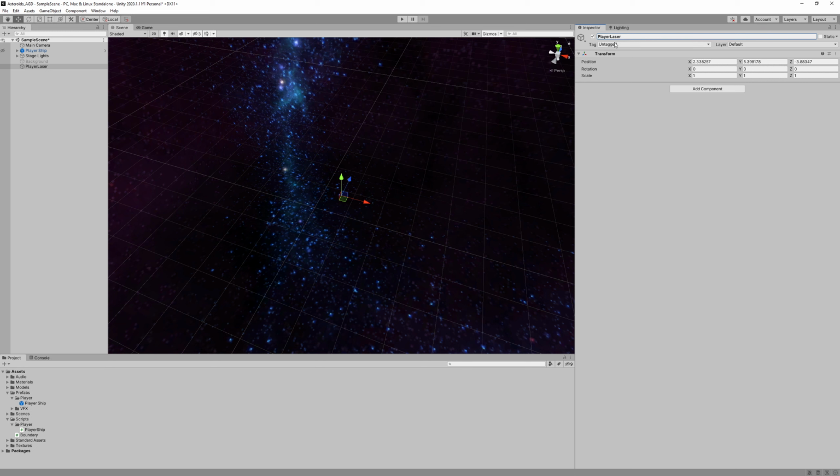And I'm going to also start adding tags. Tags are a good way to group different things so that, like, let's say we had 3 or so different player weapons. If they were all tagged as a player weapon, we would only have to write collision code once with the enemy because it would know that anything that's tagged as a player weapon is something that it needs to run the damage effects on. So if we click on this tag here where it says untagged, we have a few default tags, so we at some point probably should go to the player tag and tag the player as player,